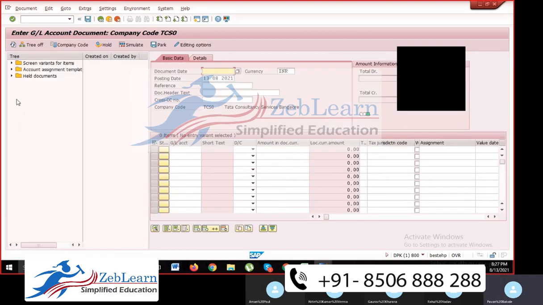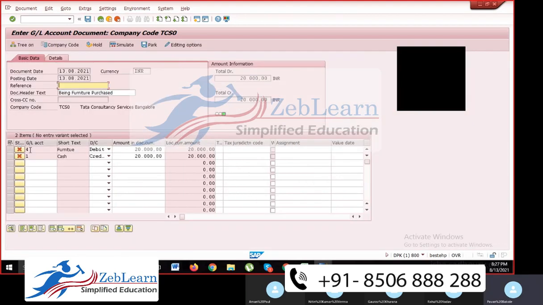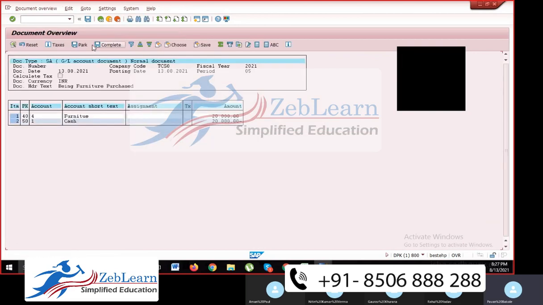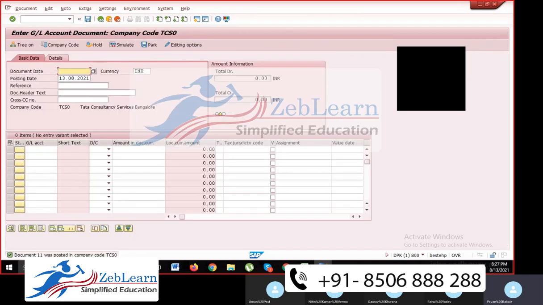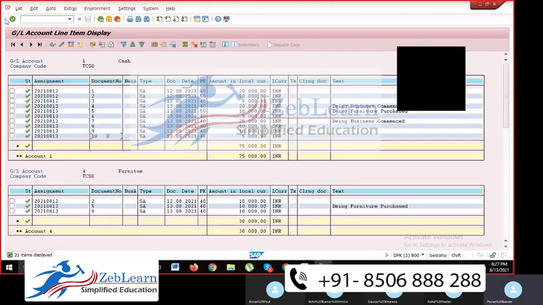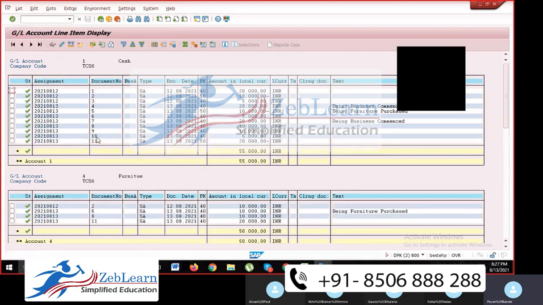You can go here, held document, double click on this, and you can see here, you can simulate and you can post it. Document 11 was posted. $20,000.